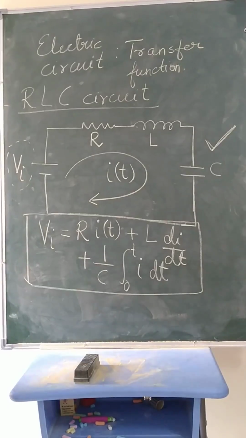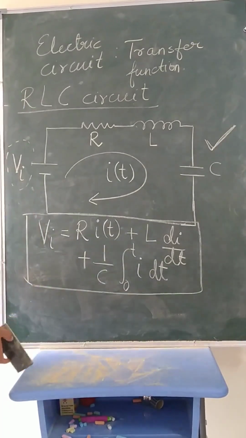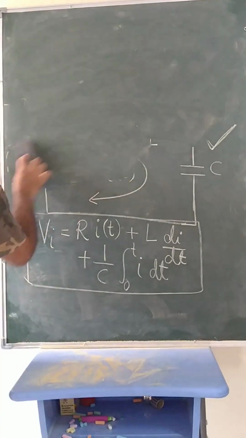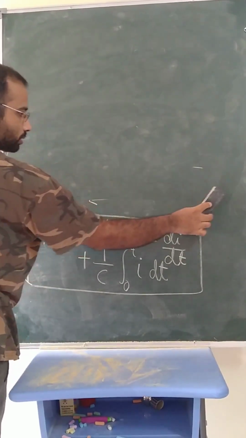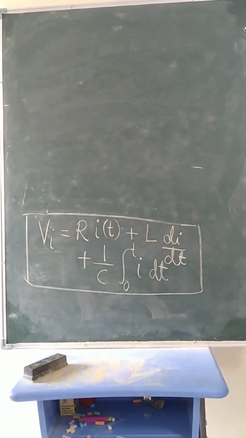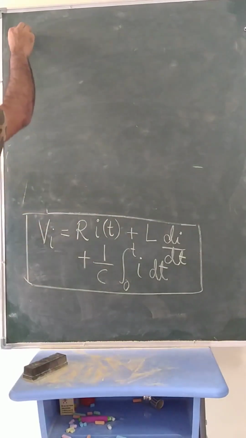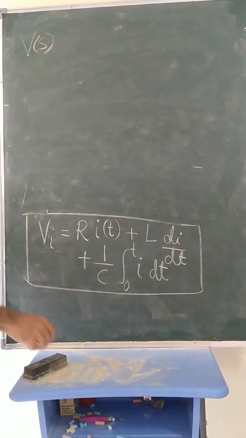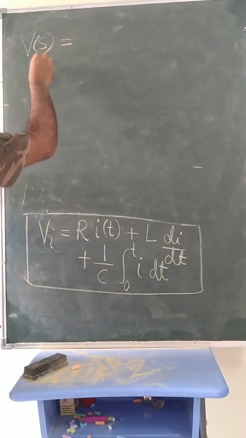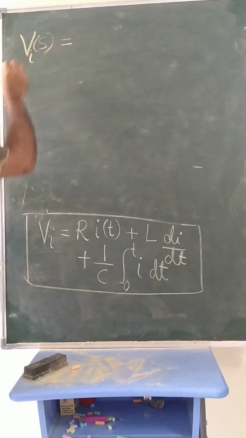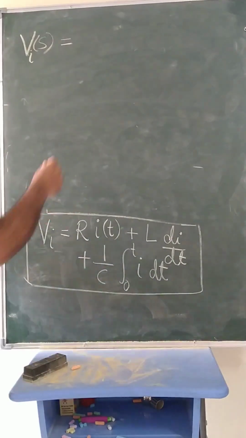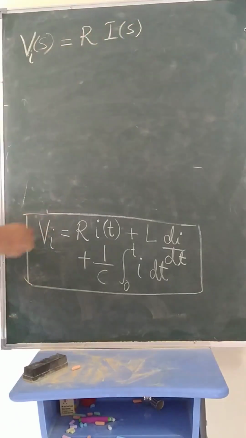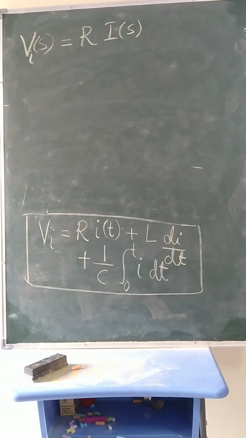So as I said, the modus operandi is to take the Laplace transform on both the sides. So that's what we shall do. What would I get? Vi(s), the input voltage, is equal to what? R times I(s). So the function of t has now become a function of s, because I am taking the Laplace transform of this equation,